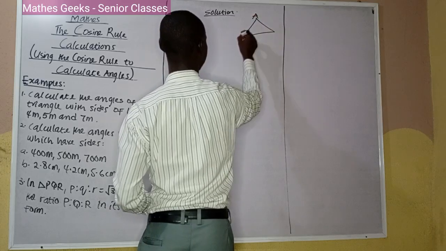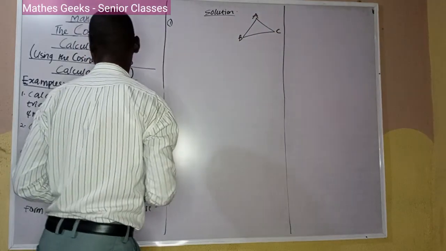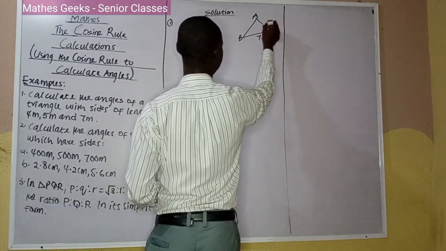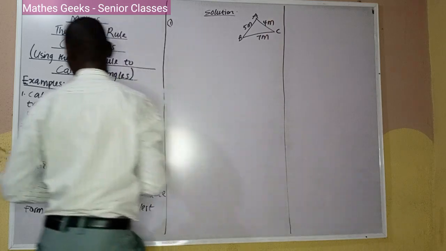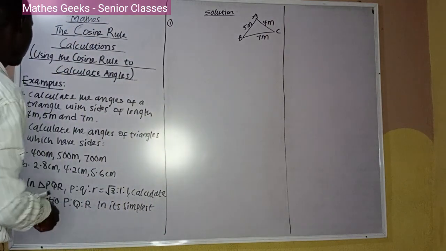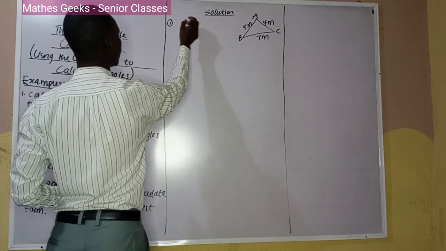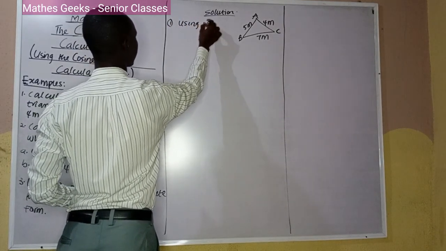We'll call the angles A, B, C. So the triangle has sides of 7 meters, which is the longest side, 5 meters, and 4 meters. So to get angle A, using the cosine rule,